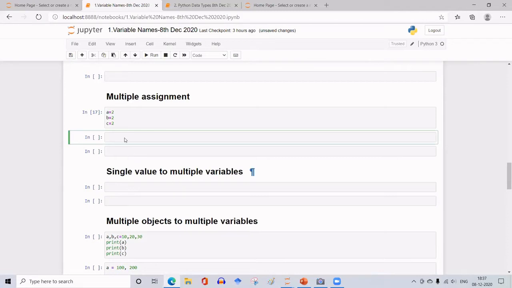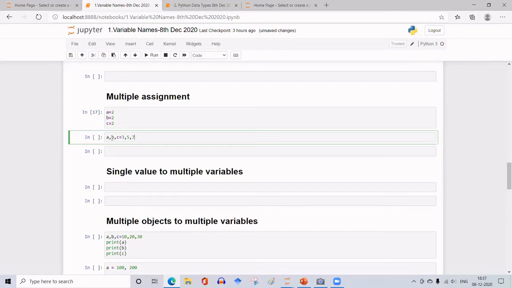And that is what is called a single value to multiple variables. And multiple assignments means you can take 2 variables, A, B, and also C, and assign different data. Okay. A, comma, B, comma, C is equal to 3, 5, 7. That means in the order it will assign.